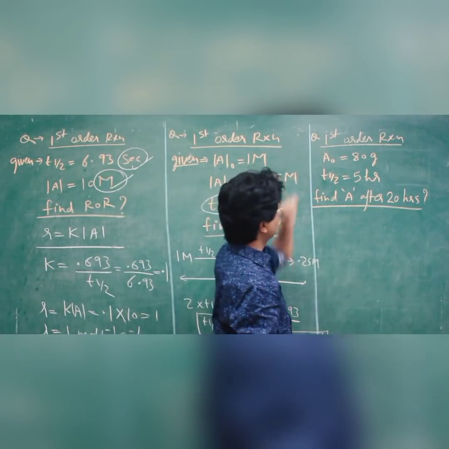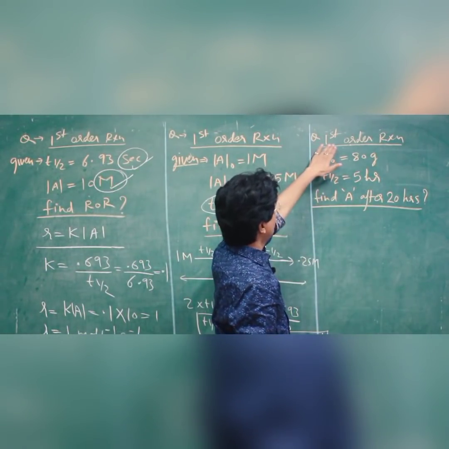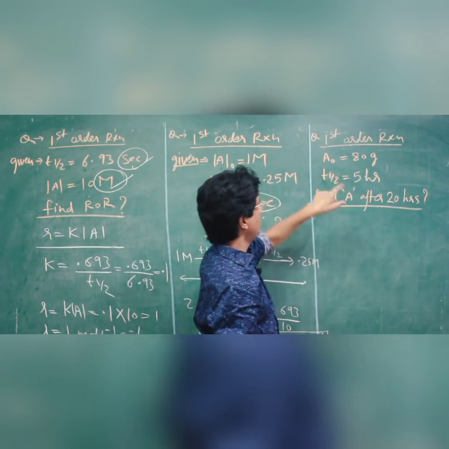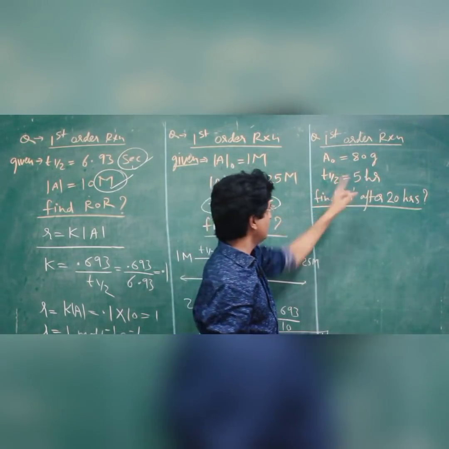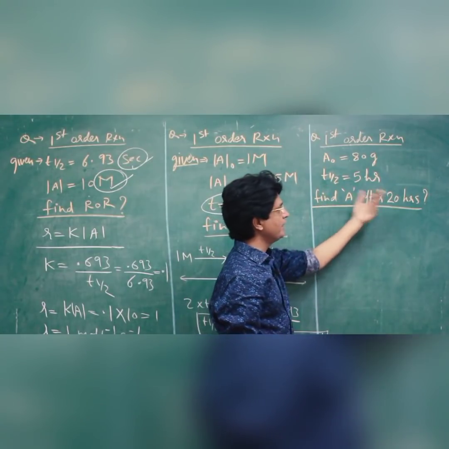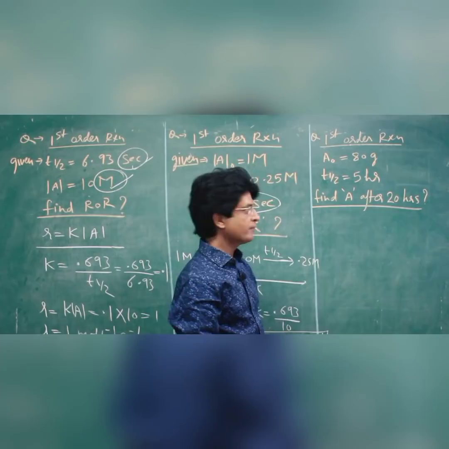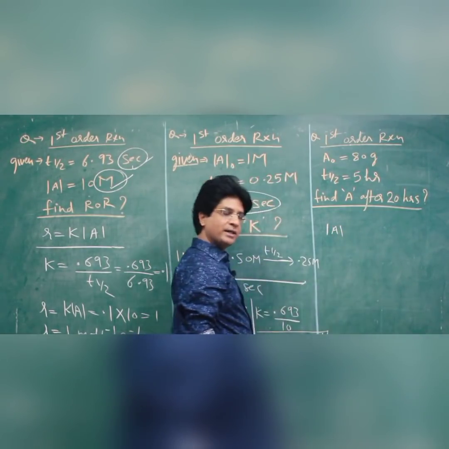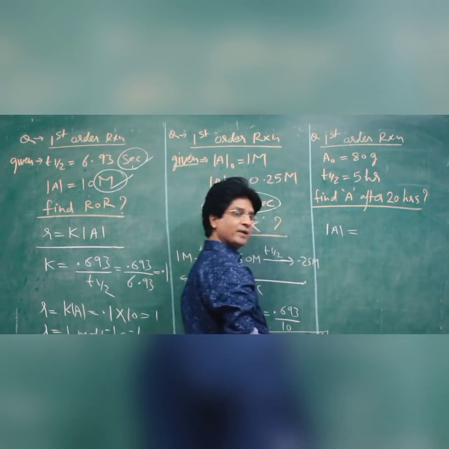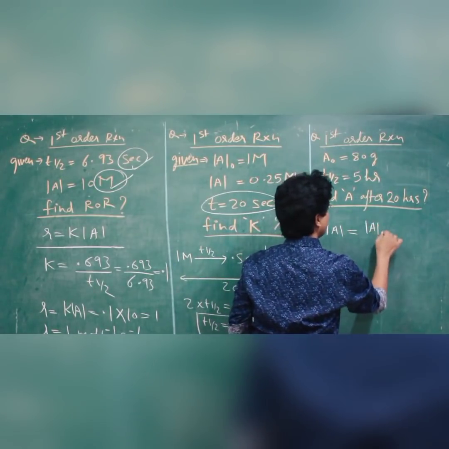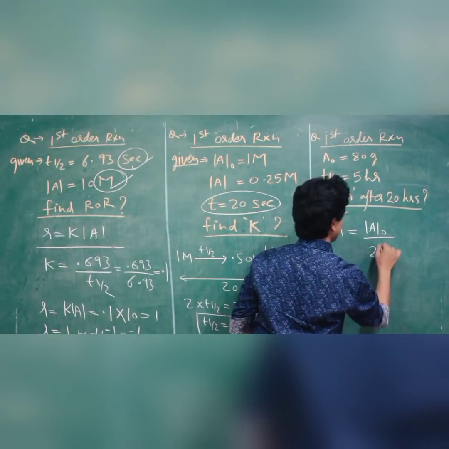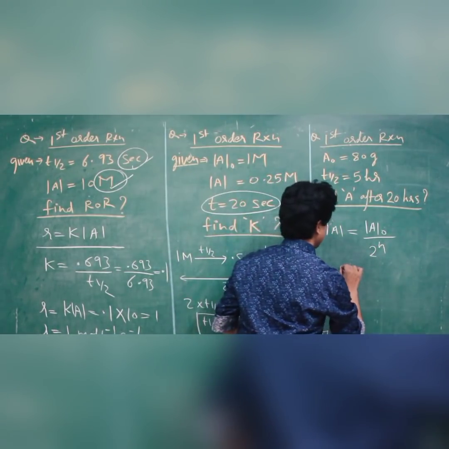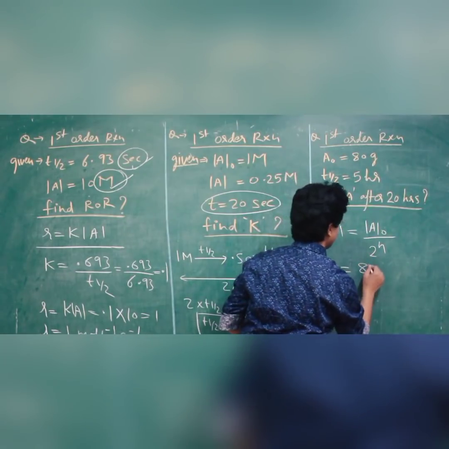Now come to the last question of this category. Again a first order reaction. They have given initial amount as 80 gram, half-life is given as 5 hours. They are saying find amount of A remaining after 20 hours. So we know that amount of A reactant remaining after n half-lives is A naught, initial amount, upon 2 to the power of n. We have discussed this formula just now, and that will be equal to A naught, given as 80,